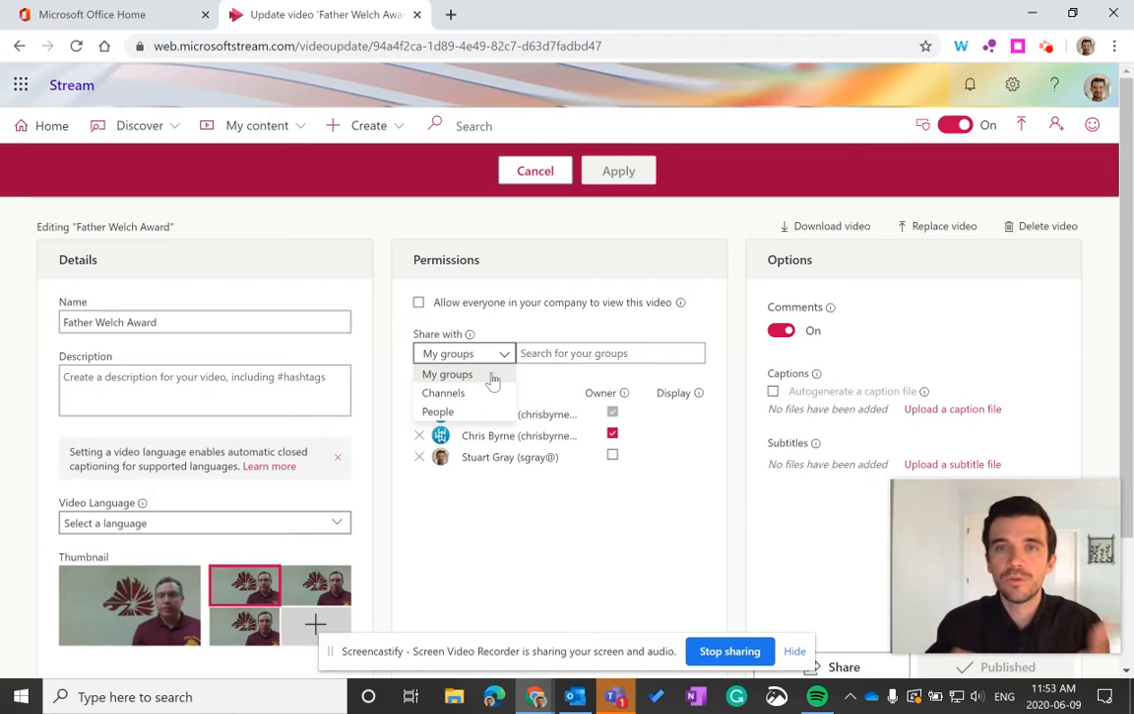When you create a video recording in Teams and then save that, it saves to Stream. It's automatically making a group for your class and then sharing it with all those members. In this case, though, what we're going to do is just select people. We're going to type in the names of the users we want to have access to the video. So I click on people,